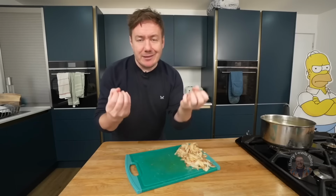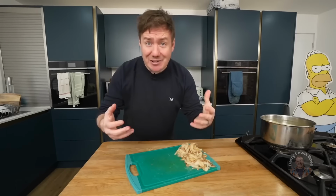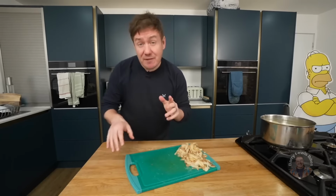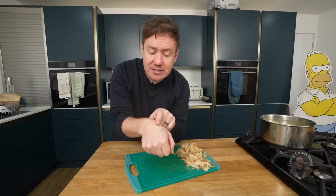So basically, to make the long fries, the body of it is obviously potatoes. We're going to make a mash. So we peeled these potatoes and there's a few different things you can do. My favourite thing, which we just discovered, is if you take one of the potato peels like this and place